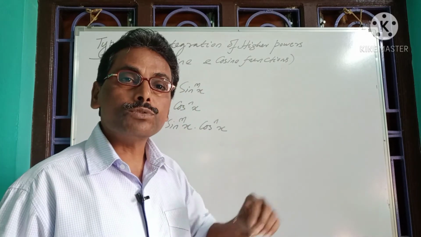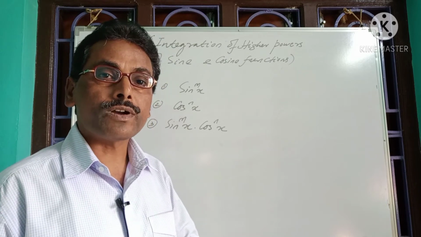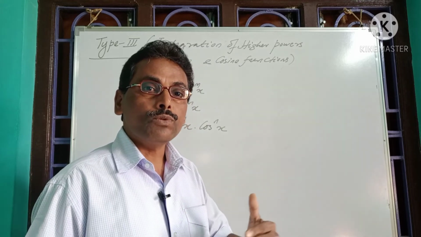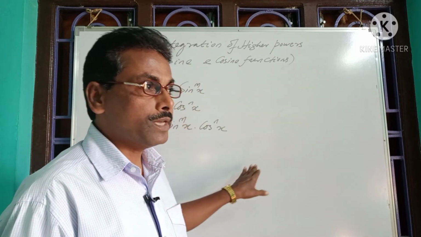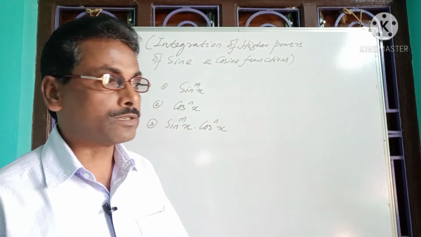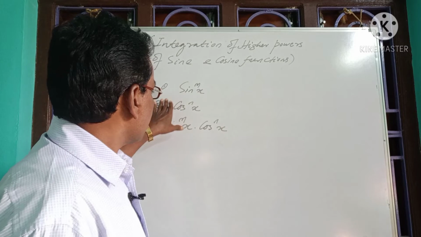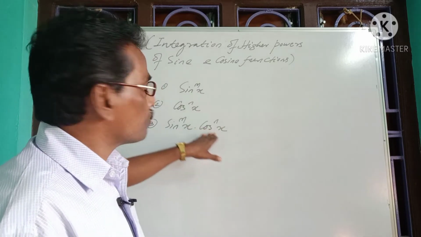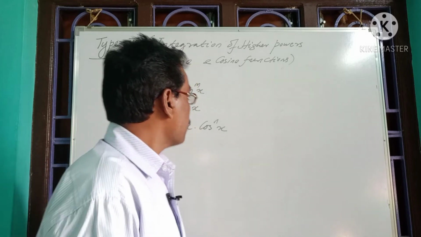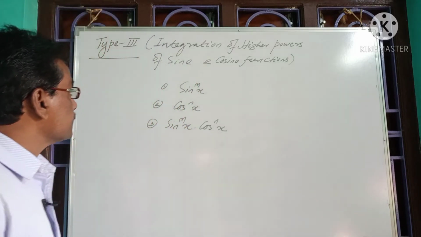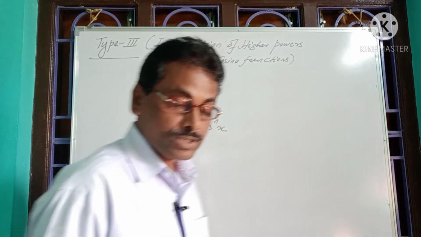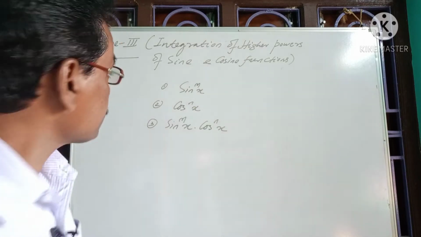In order to integrate those functions, we have to transform them into standard form. To transform into standard form, we may use a formula like cos 2x, or a formula like sin 3x, or cos 3x. In this process, those integrands can be integrated by transforming into a sum or difference of sine functions or cosine functions. Now let us start with how to integrate trigonometric functions which are in the higher powers of sine and cosine functions. So let us start some problems.